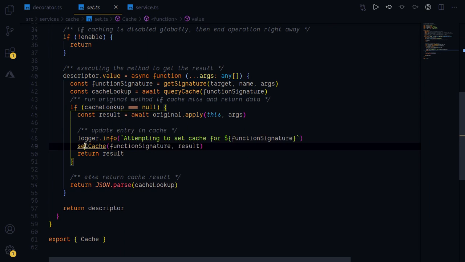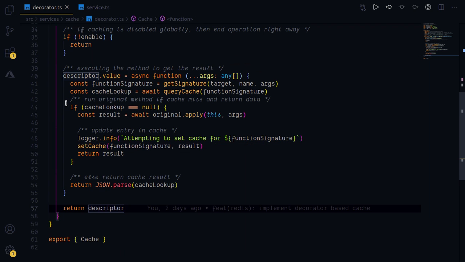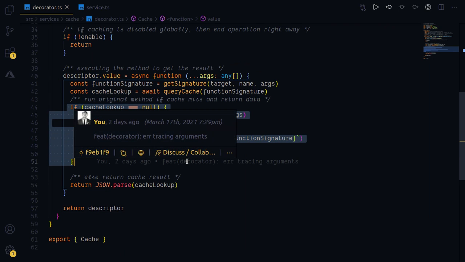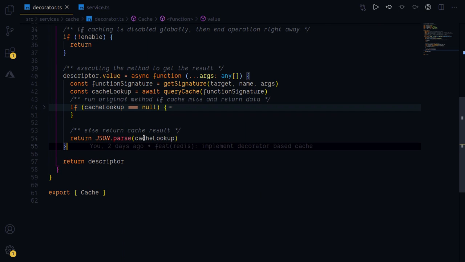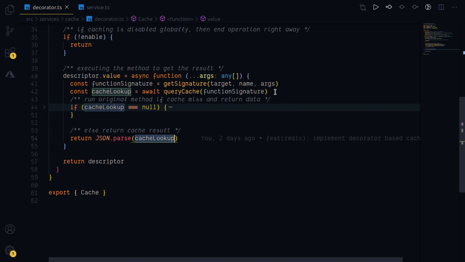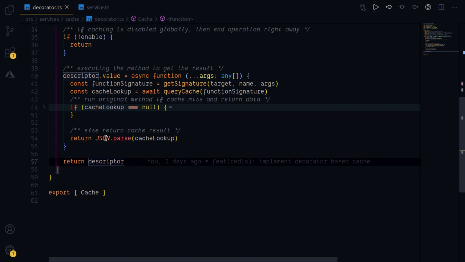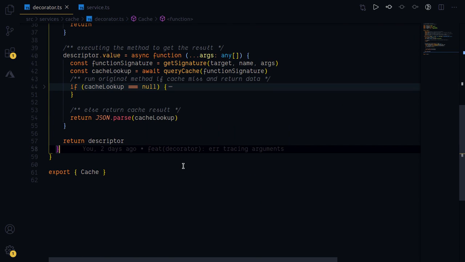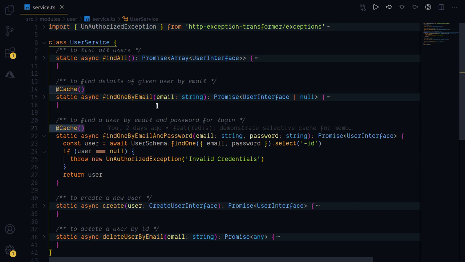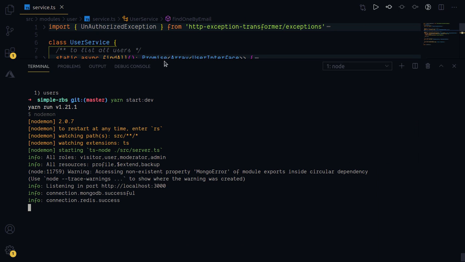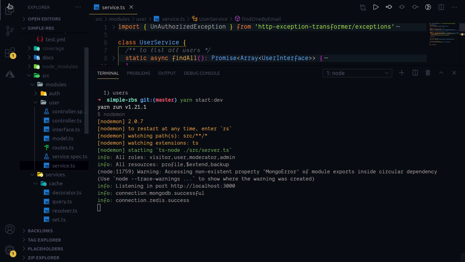Set cache is the function that I just explained. All right, so if the cache does not exist, then we make a db call and return the results. And if the cache exists, then we just do a cache lookup. The cache lookup that was done should have returned data. We just pass the JSON and return it. Now that is the entire description of the cache decorator. What it allows us to do is use @cache anywhere where we want to cache the results. So that was kind of a fairly big monologue.